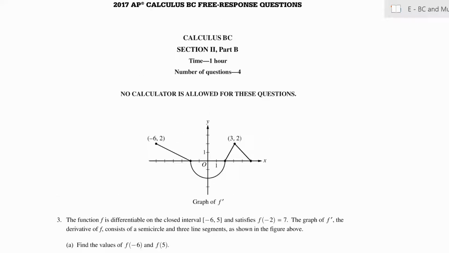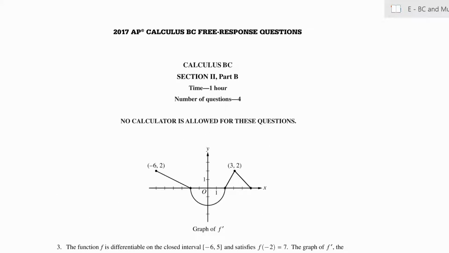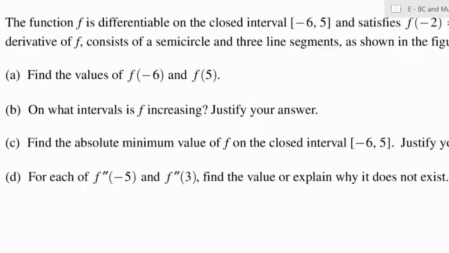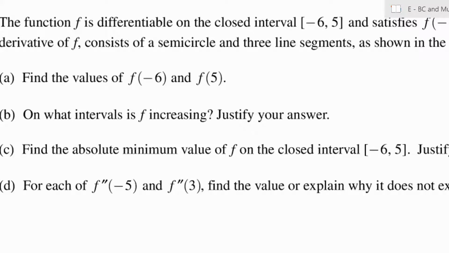This is the AP Calculus BC 2017 free response questions. Question number 3. I actually took this exam and I did this exact problem, and it wasn't too bad. So I'm going to solve it. Let's get to it. For part A, they ask to find the values of f of negative 6